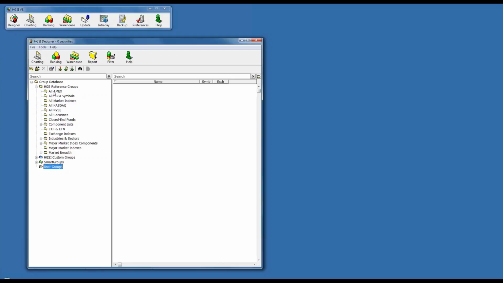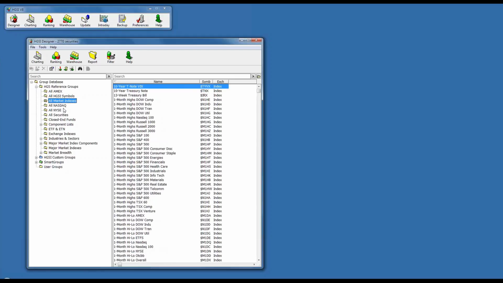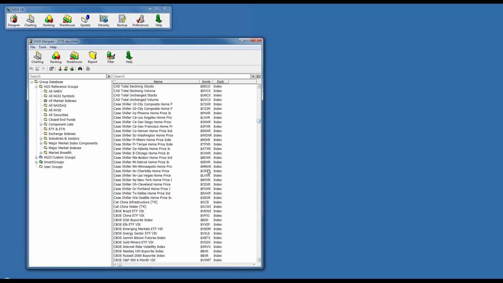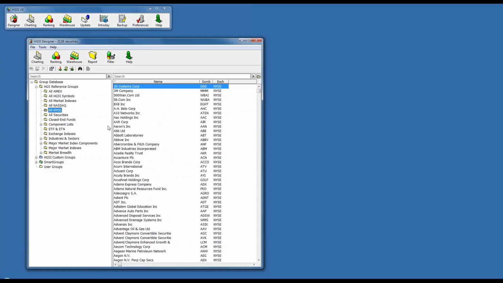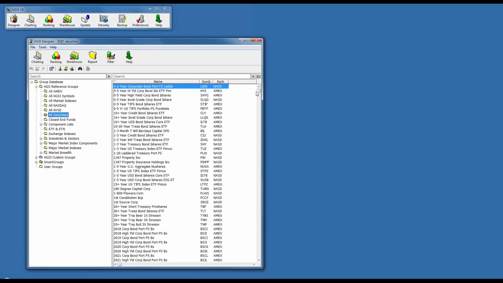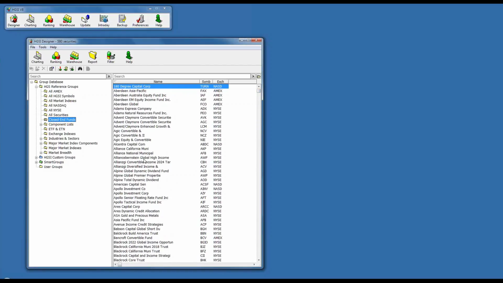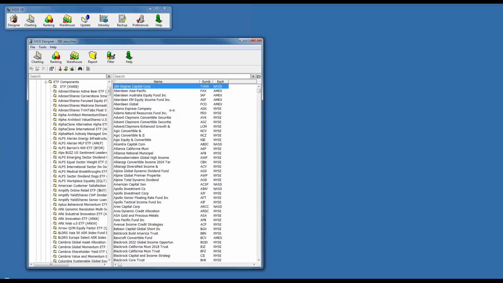They include all the Amex, all the market indexes, which are things that start with a $. So they'd be like the Dow, S&P indexes, those kind of things, all the NASDAQ stocks, all the NYSE stocks. And then we list all the securities that make up the database in one group. We list all the closed-end funds, which are a separate kind of category. We have component lists, and these are group lists that we license, and